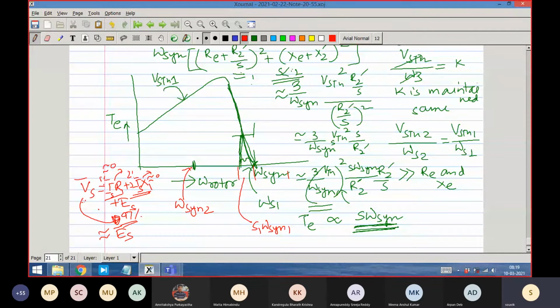Frequency reduction is time increase. Time increase means the voltage is integrating for a long time, and integration of voltage is flux. So the flux level has to build up. It has no choice but to build up. But in order to build up, it has to draw excessive magnetizing current. You remember the BH saturation thing. The moment you have applied voltage, the flux level has to build up.